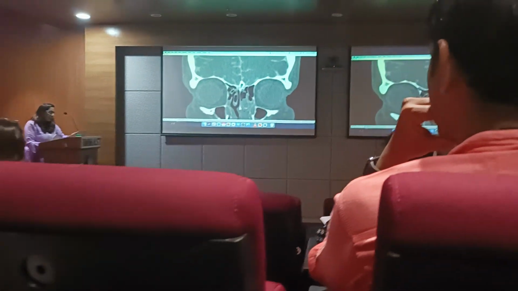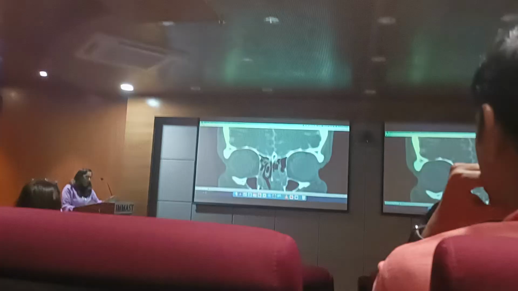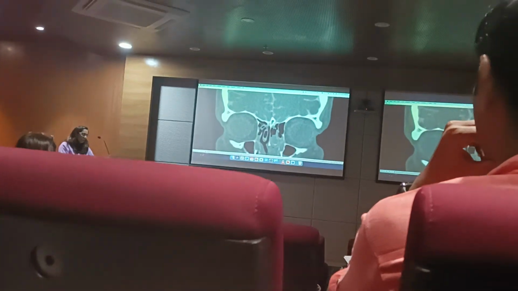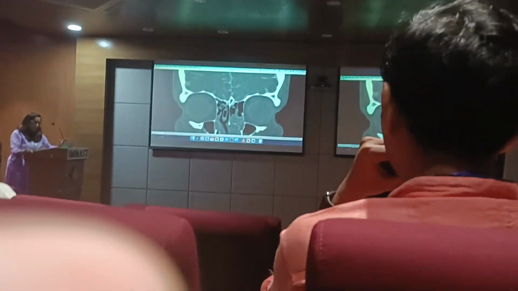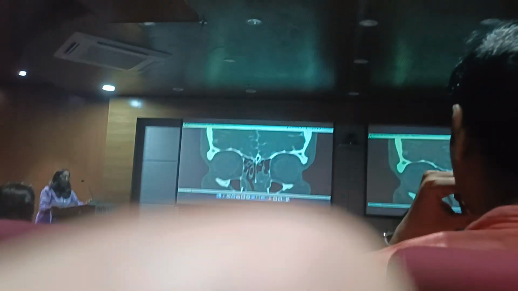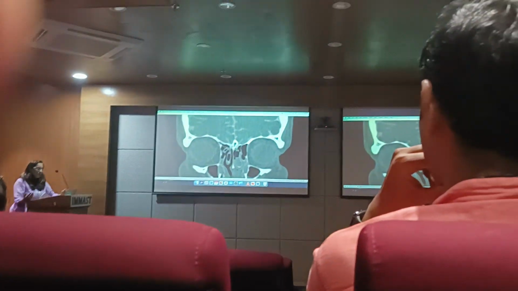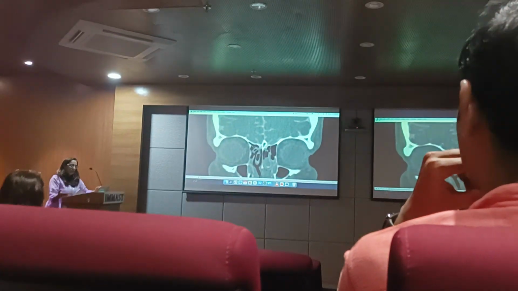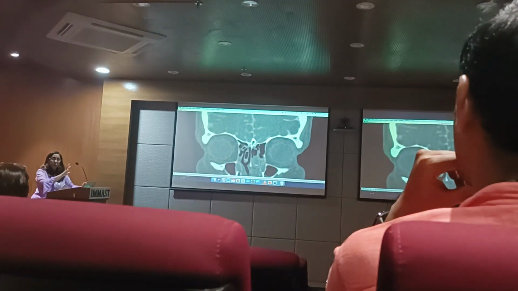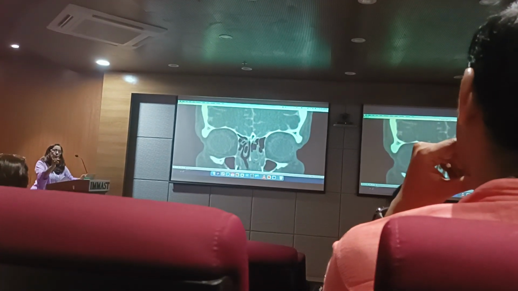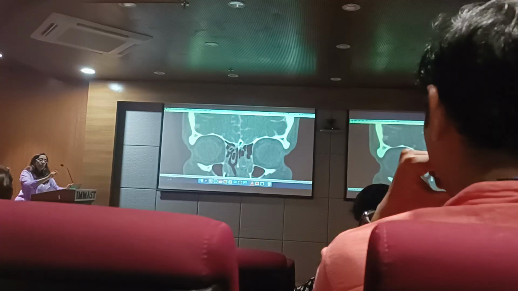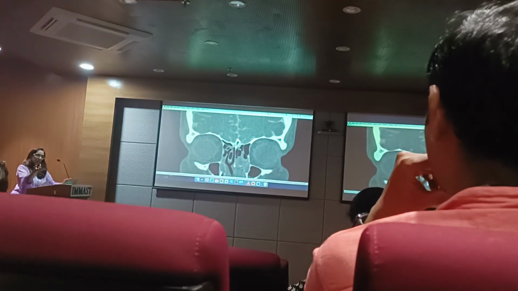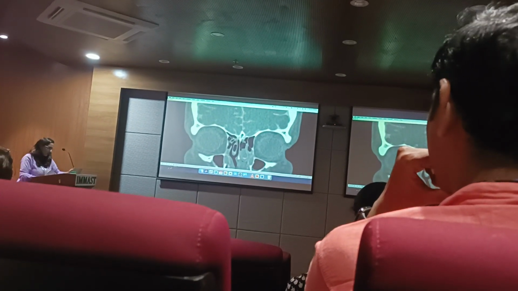This is a CT cisternography, which is a gold standard for detection of CSF rhinorrhea site of leaks. If the patient is hypersensitive to the contrast, or if there is a recent history of meningitis, you will not do a CT cisternography. Then you'll do a plain CT bone windows with a T2 weighted MRI, which is called an MR cisternography.